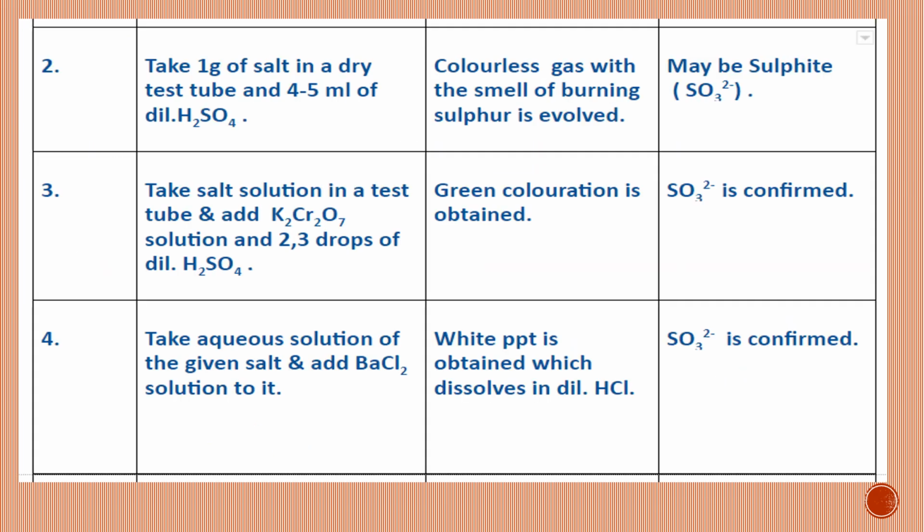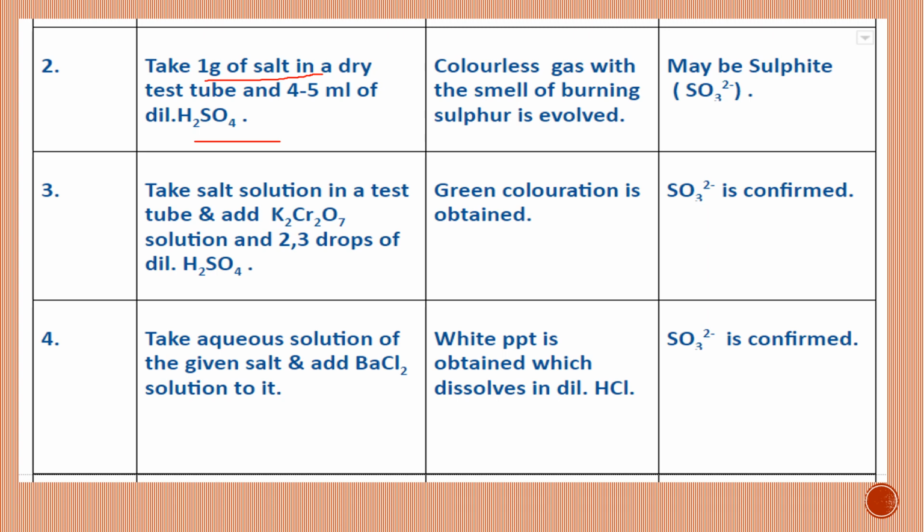After physical test, we will start with the chemical tests. So the first is preliminary test. We'll take small quantity of the salt in a dry test tube and add 4-5 ml of dilute sulfuric acid to it. The test will be shown even with lesser quantity of the acid. So be very observant when you are adding acid to dry salt.